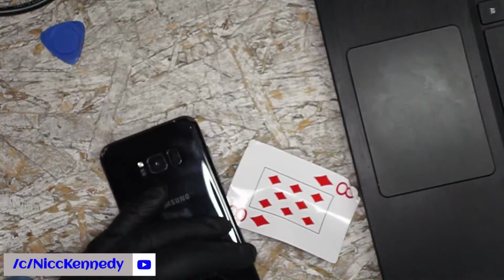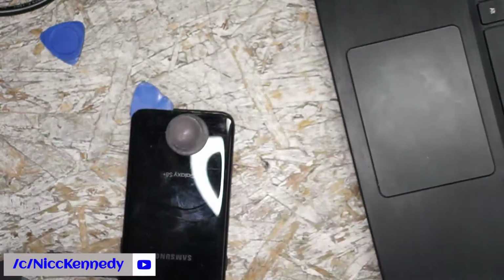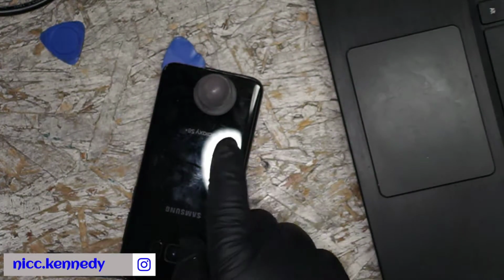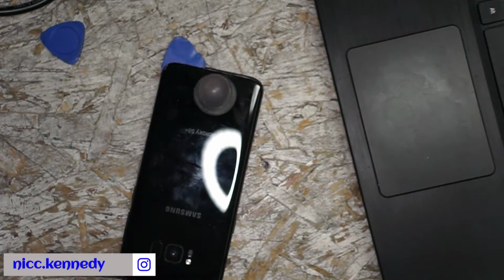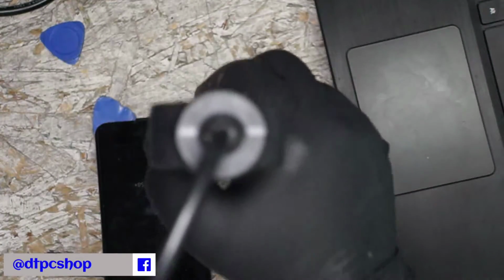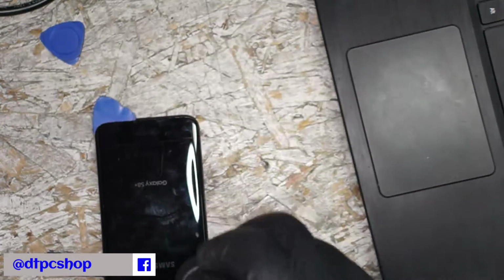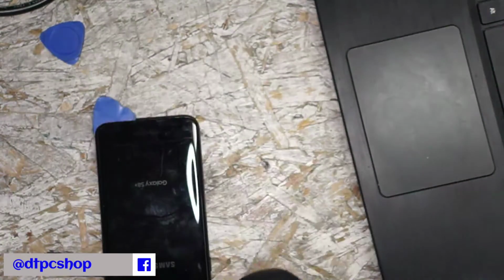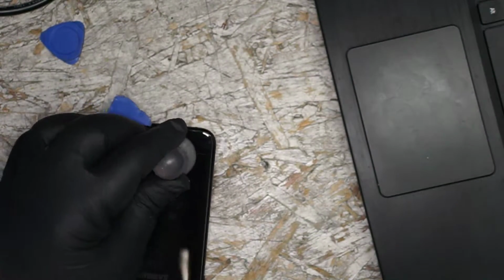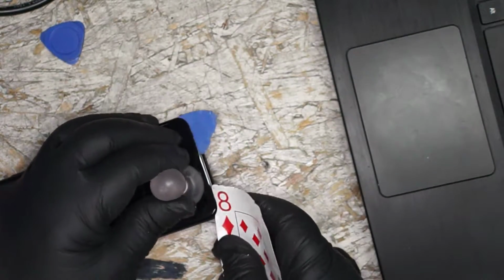Let's go ahead and leave our pick in there to keep that corner up. And we're going to start working our way around. Even though this is broken on the corners, I fully expect the corners aren't going to come off nicely. However, I think it's safe to say that we're going to get it off of there, and then we'll be able to do the teardown on this tonight. We'll actually see one whole device worked on in one day and completed, which is, it's not rare,